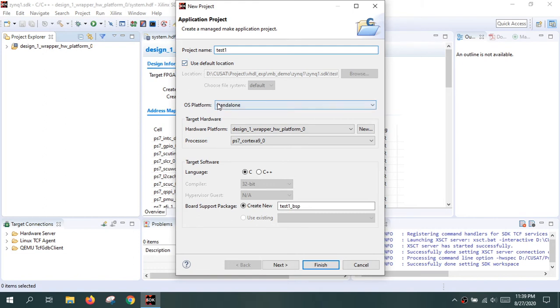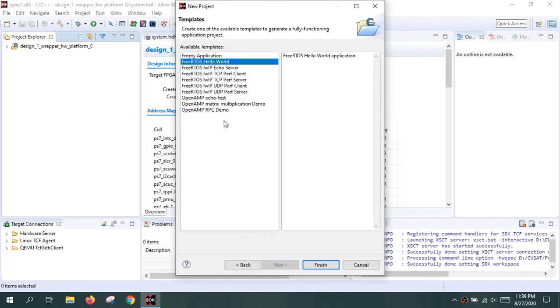And in the OS platform, you have an option of selecting standalone, which means there will not be any operating system. Otherwise, you can select the FreeRTOS operating system. For this demo, we'll be selecting FreeRTOS. And other options, you can leave it as such. And click next to see different application templates. So we'll select the FreeRTOS Hello World and click Finish.